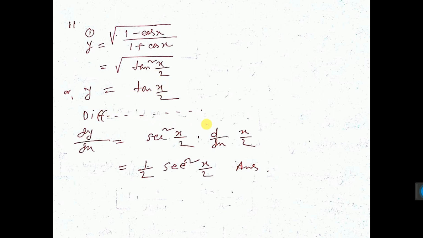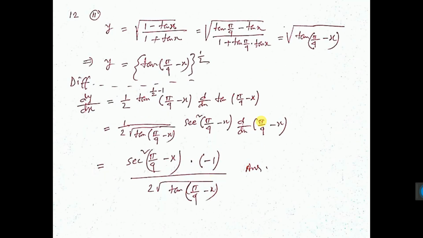Now differentiating both sides with respect to x. I have not written it, but you have to write this line. d/dx of y, that is dy/dx, equal to d/dx of this thing. Now d/dx of tan x by 2, this one you consider x. Tan x differentiation is sec square x. Since I consider this one as x, again d/dx of this thing. This is called chain rule. So this half will come outside, this half will come outside, and d/dx of x is 1. This one I have not written, you can write this as 1. But the matter is the same, this is the answer.